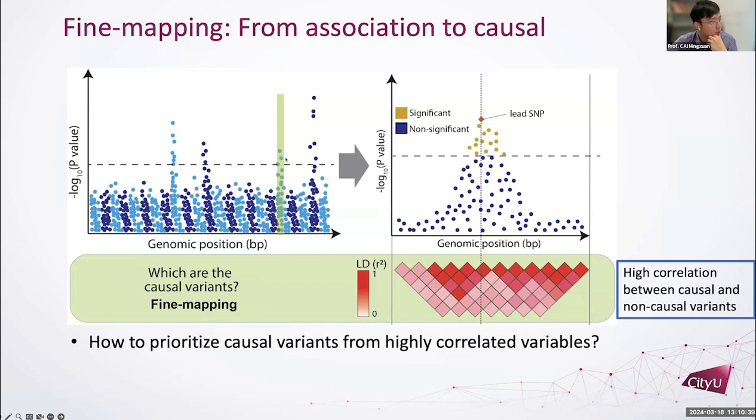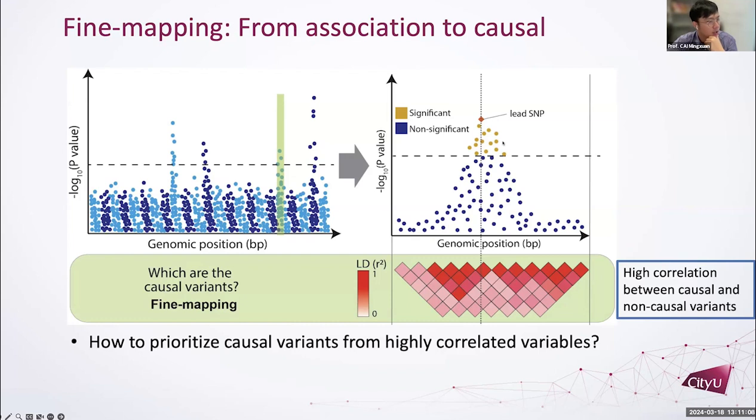Okay, so if we zoom in on this area, it will look like this figure. This dashed line is a very small p-value threshold, for example, 10 to the power negative 5. But you can see that even in a very small region, many SNPs all have very small p-values. Then it will be hard to say which SNP is actually responsible for this